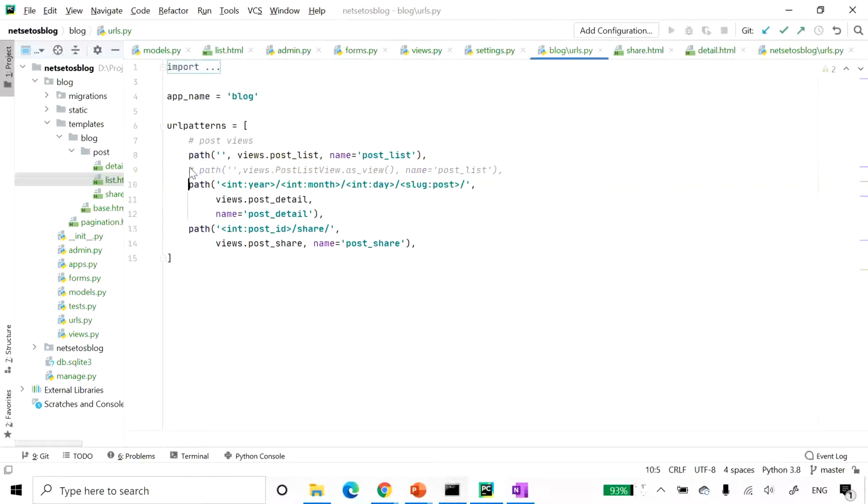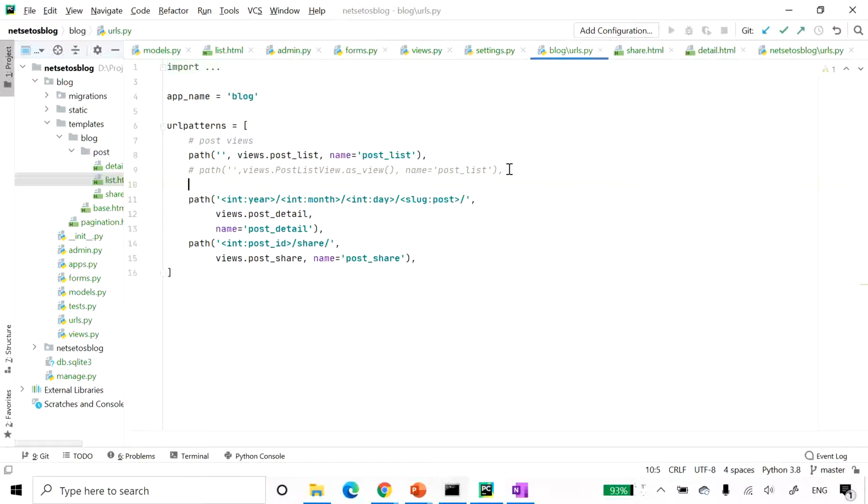Now open the urls.py inside blog and uncomment the post underscore list. Instead comment post list view, and here we will also add slug. So here I'll write path tag slug colon tag underscore slug.